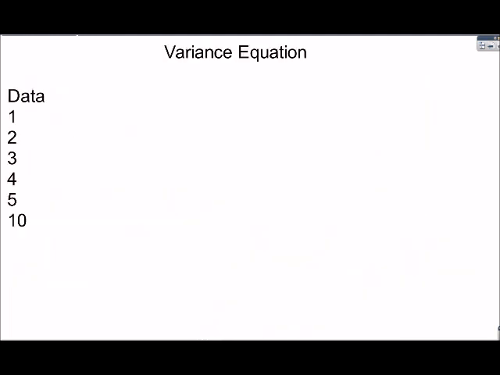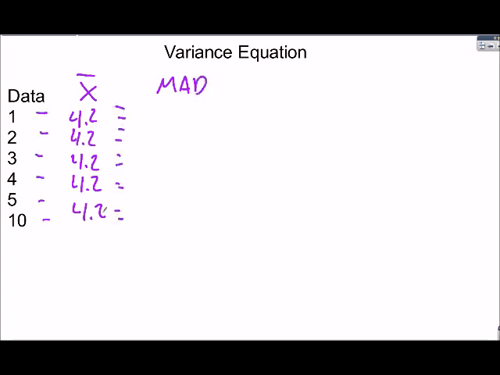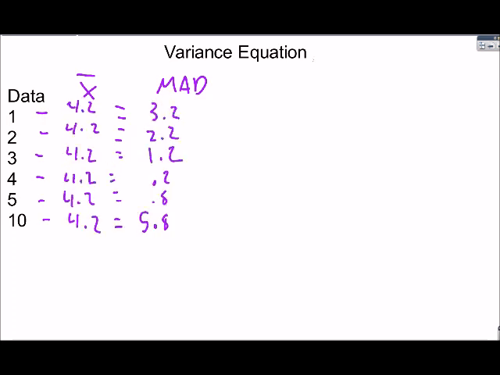So let's say I interviewed 6 people and asked them how much money was in their pocket. My next thing I'm going to do is find the mean. I'm going to add all these up, divide it by 6, and I find out that it's 4.2. Next thing I want to do is find my MAD. Again, this is us subtracting these and then taking the absolute value of it, and I get these. Now that I have my MAD,